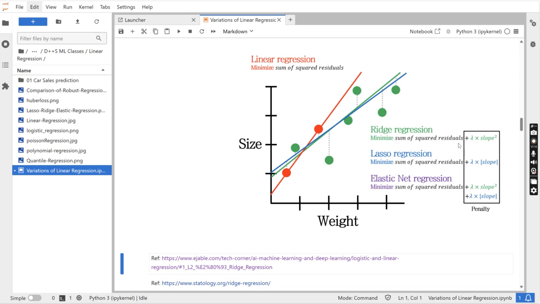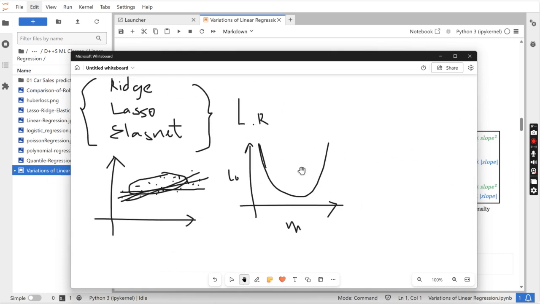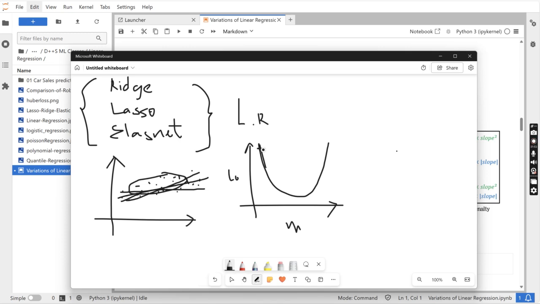If you're talking about mean absolute error here, that is the absolute value of y minus y cap, or y cap minus y. Plus, on top of that, you are adding slope squared multiplied by lambda. So see what happens when the y cap value increases, and what happens if the error increases. Imagine in the gradient descent form, if this is loss, basically what is happening with ridge regression and lasso regression is, if your error is high here somewhere,